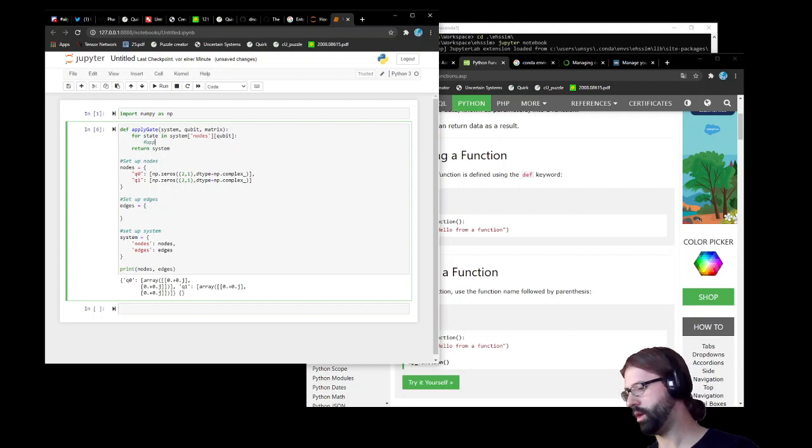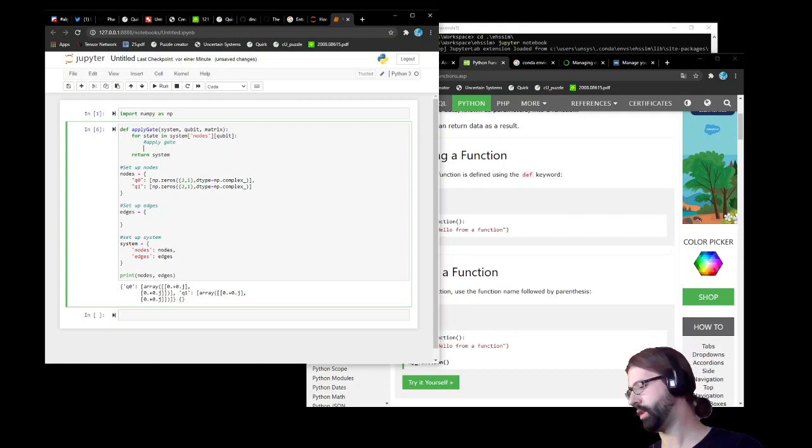Basically, apply gate, right? It's a single qubit gate, so that's all it does. I think it shouldn't care. So the idea is you should apply the gate, and then after applying it, you probably want to check for merging branches and whatnot, but we're not going to care about that right now. So applying a gate is just basically